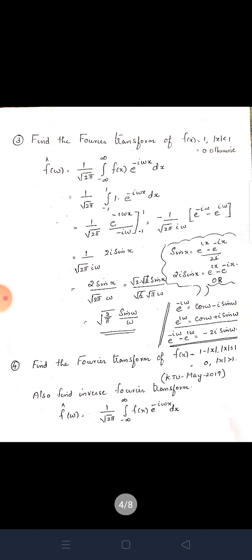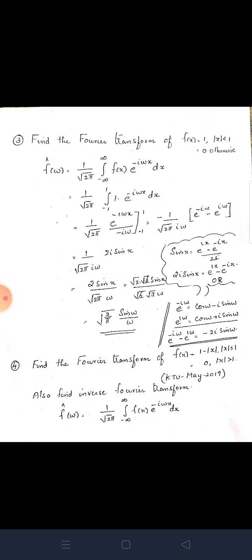Next one, find the Fourier transform of f of x equal to 1 in the interval |x| less than 1, and equal to 0 elsewhere. So here also we have to find F(ω). So the equation is 1 by root of 2π, integral from −∞ to +∞ of f of x e^(−iωx) dx. So again substituting f of x equal to 1, we get e^(−iωx) dx, and integrating you get e^(−iωx) by −iω